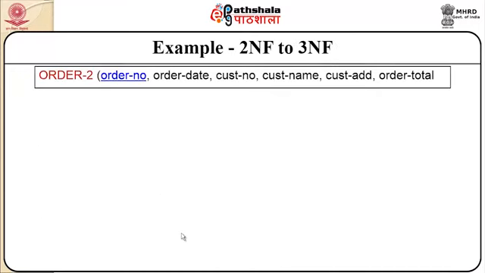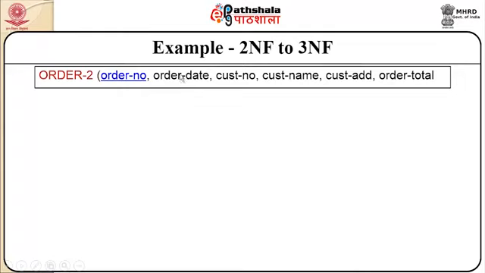Now, we will go back to the actual table that we have considered. We will go for the order table. I have renamed the order table after having performed the second normal form. It is actually order 1 table, but after getting into second normal form we had renamed this relation as order 2. If you consider this relation,